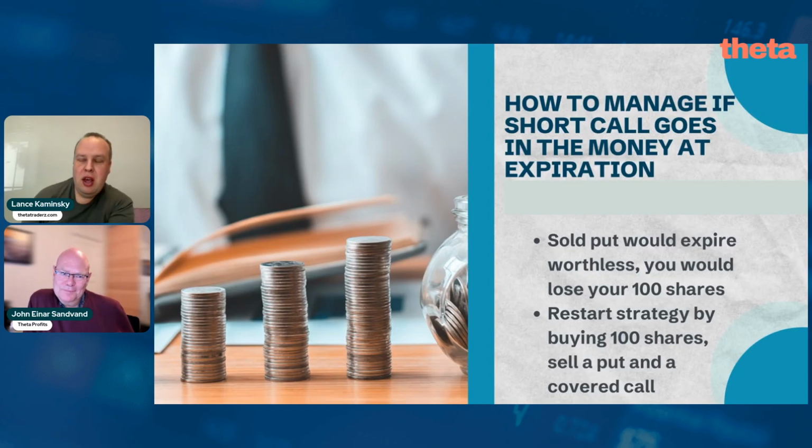Okay, good question. So covered calls are a pretty conservative strategy. When a lot of people are talking about options, they think, oh, options must be very risky. But selling a covered call is actually more conservative than holding 100 shares of stock because you're taking in that premium as the position moves. So I would start with covered calls in general if you're brand new,